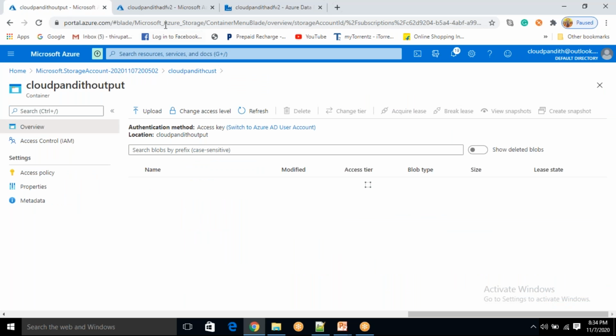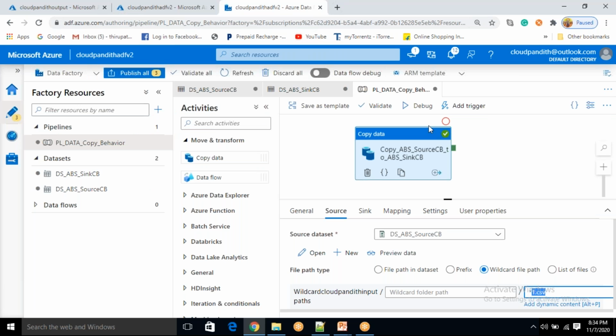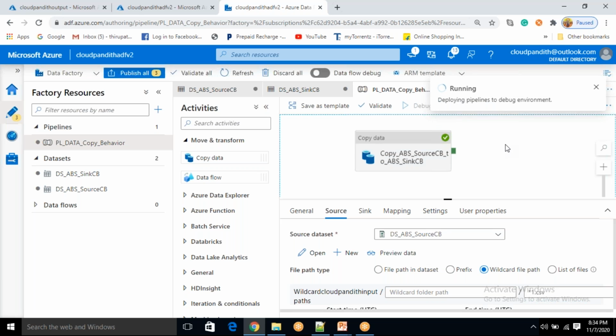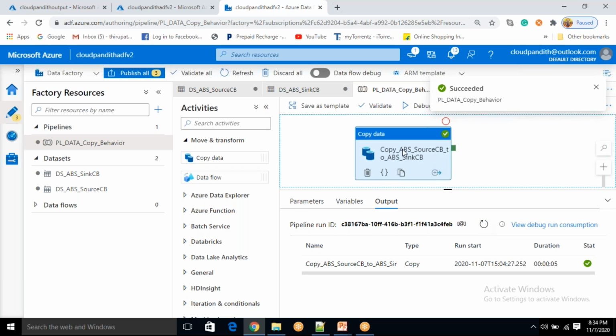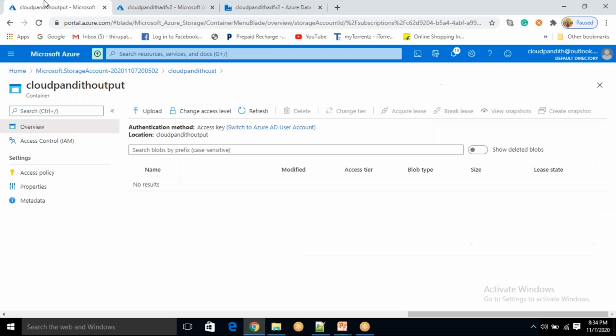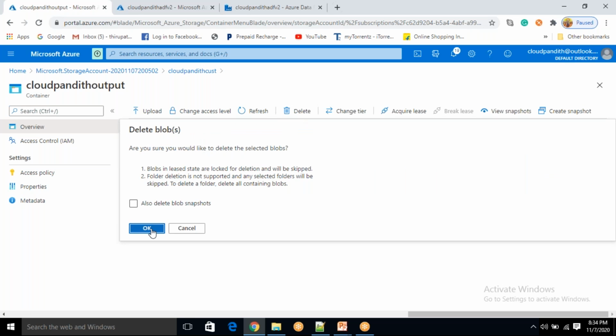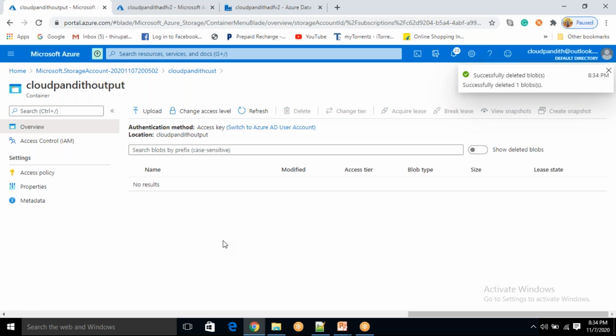Now I don't have anything, so I'm going to run my copy activity to show you. Don't confuse, I will give you more examples. You don't need to practice again if you understood the concept. Now you see first 1.csv came. Okay, clear, friends?